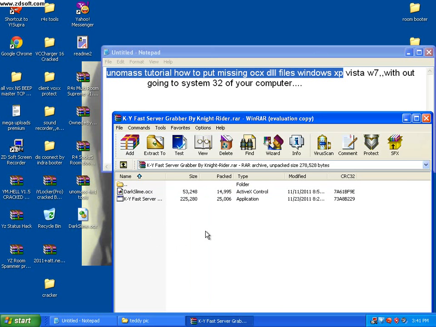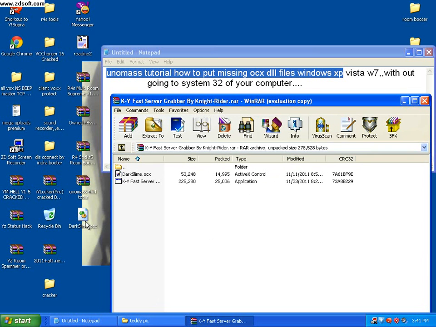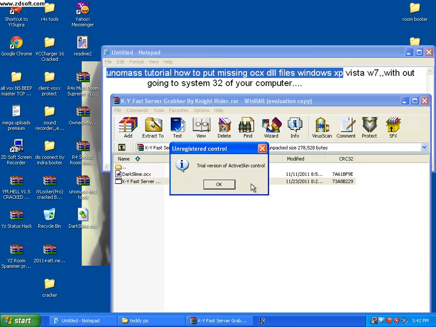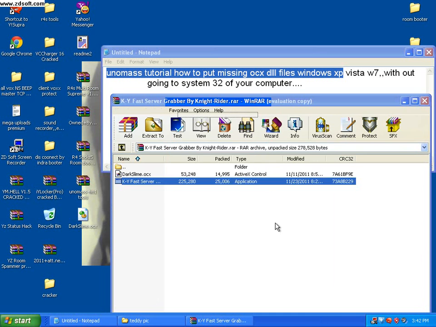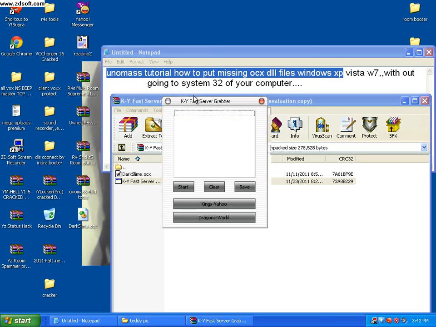Okay, same goes when you're using Windows Vista or Windows 7. You just make sure that you run it as administrator. Same goes with this. Just drag in the icon inside the Yahoo Tools or whatever you downloaded and just run it as administrator. Now let's see. Just click applications. Okay, there it goes. As you can see, the program is open already.